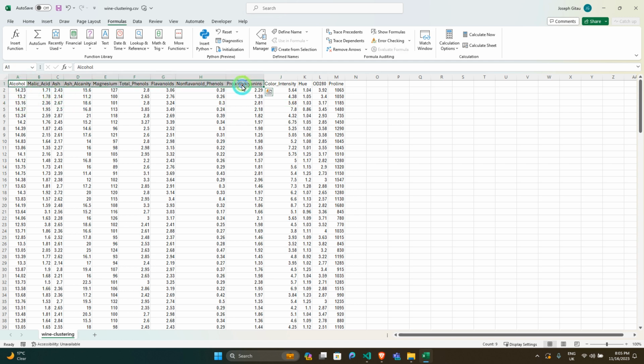some flavor characteristics. So these are the ingredients that we have in a specific wine. And from these ingredients, or from these characteristics that we have here, we want to group these wines into maybe distinct groups. So you can see we have the alcohol level, the malic acid, the ash level, ash alkalinity, magnesium. Then we have the total phenols, we have the flavonoids, we have the other characteristics that we have for these